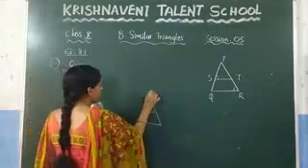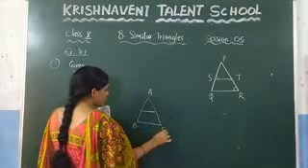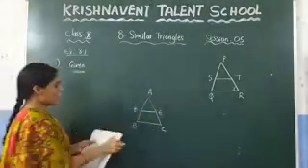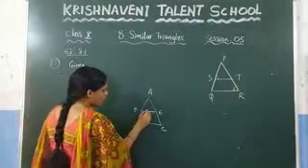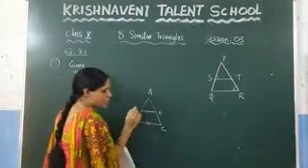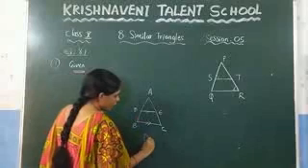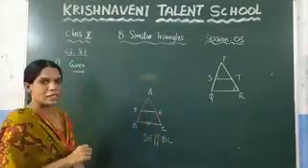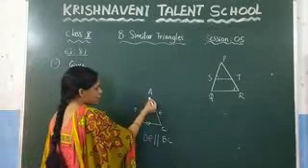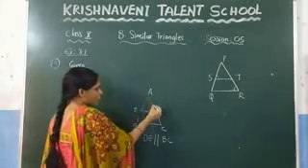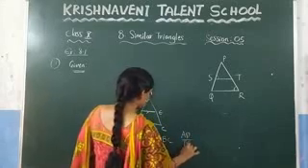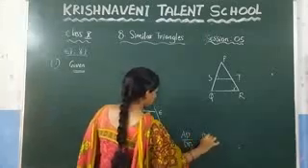So in this one you can write it as, let us consider this triangle as ABC and name the line DE. If DE is parallel to BC, that means if a line is parallel to one side of the triangle, then the other two sides are divided into the same ratio. The other two sides, AD by DB is equal to AE by EC. This is nothing but the basic proportionality theorem.